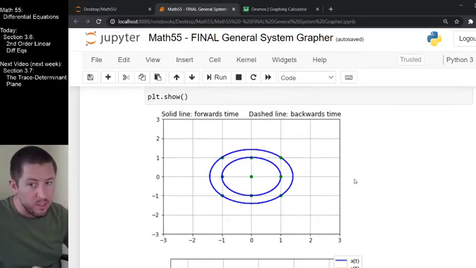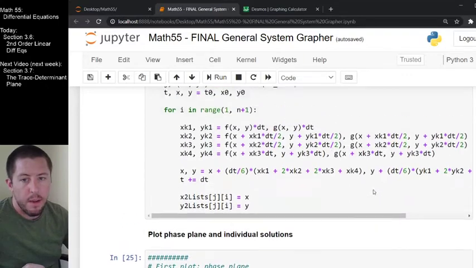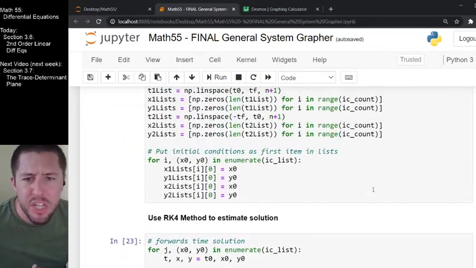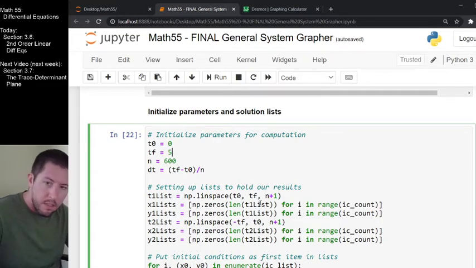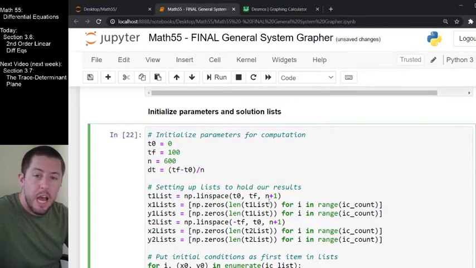This looks like closed orbit trajectories to me, but I know that we had damping. I know that this should be spiraling inwards. So what I'm going to say to myself is, wait a minute, how much time did we graph this thing for? Oh, well, we only looked for 5 seconds. Let's make it 100 seconds. If I do 20 times as much time,